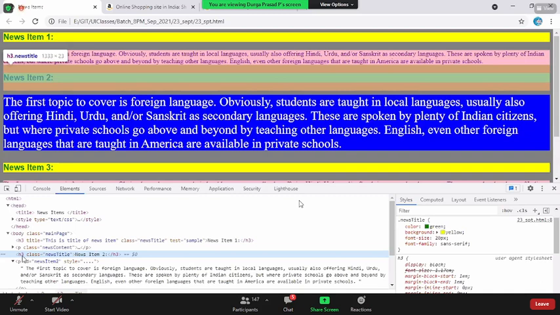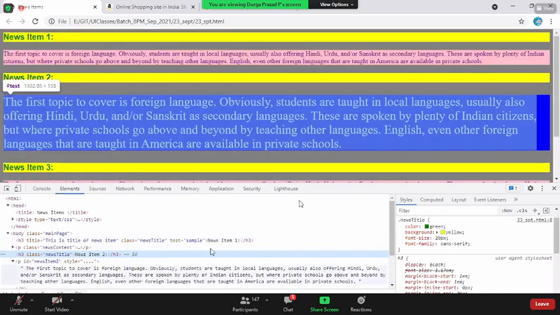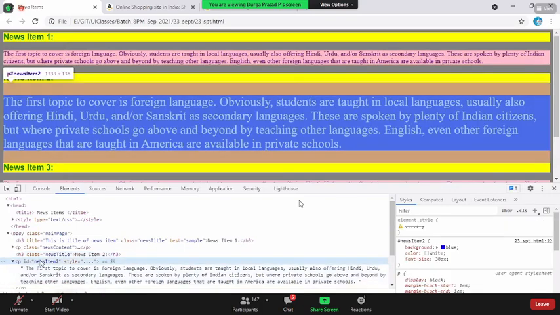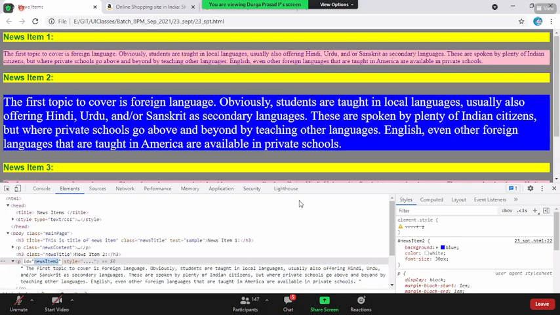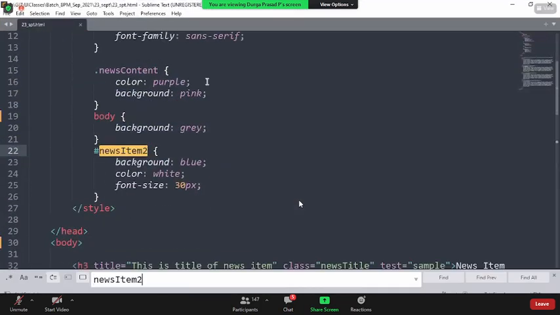Now, the powerful support is not just showing the content for you. Say for example, my manager asked me that this blue color is not looking good. Now, he asked me to do the change. Obviously, I came to the debugging tool. I got to know that ID news item 2 is the one which is getting applied. I come back to the web page. I find out where actually this has been applied. Okay, background blue is there. Let me say something called red color.